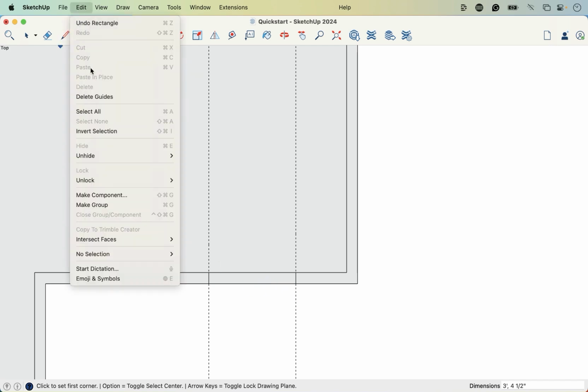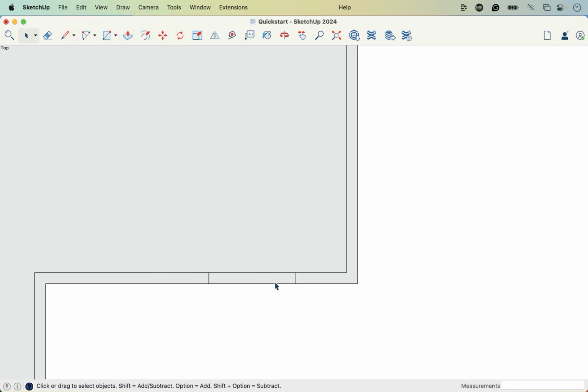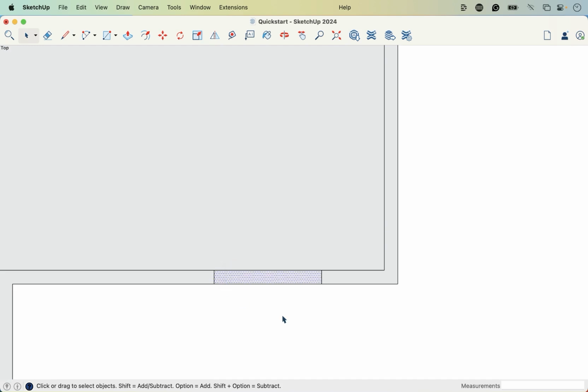You can go to Edit, Delete Guides to get rid of those, and you can hit your space bar. My space bar is basically the tool that saves me from myself. It will do no damage to my model. It will just allow me to select things, and that's not really going to affect it in any way other than what's pre-selected. So I hit my space bar and then I click around a bit